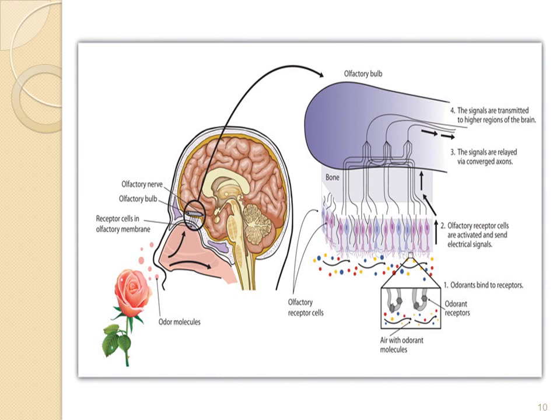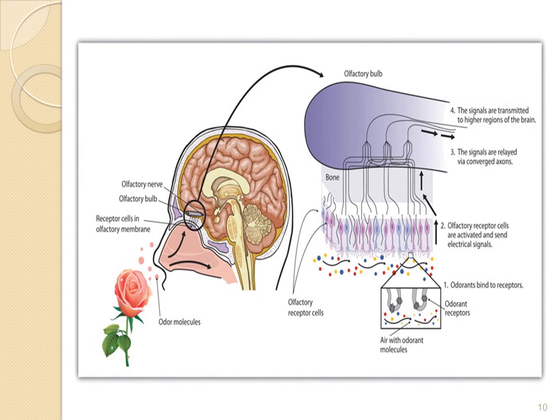So we have, first, the odorant binding to the receptor. These small molecules bind to the olfactory receptors found in your nose. When an odorant enters your nose, the olfactory receptor cells are activated, and they will